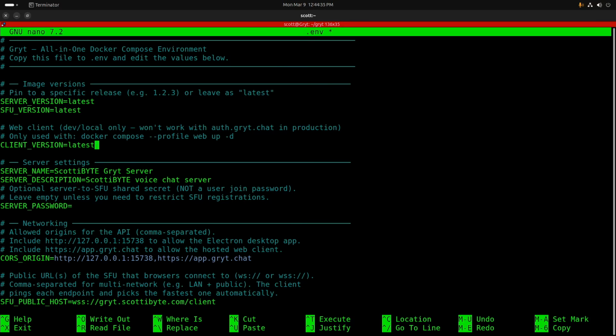You probably don't want to change any of those. You have some customization options in that you can change your server name. I changed mine to Scotti-BYTE Gryt server, and the server description I've changed to Scotti-BYTE voice chat server. I've left the server password as null, and that seems to be desirable. And down here on the course origin, you probably don't want to change it either, although there are options to